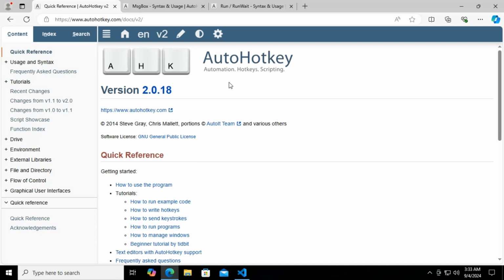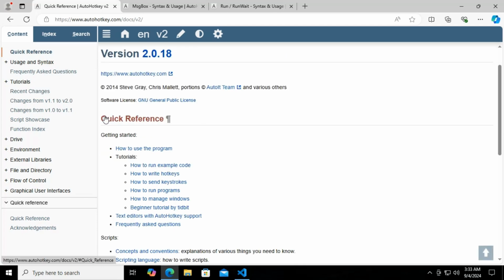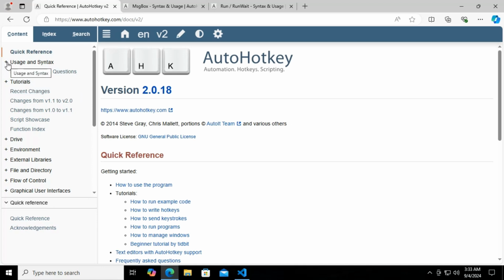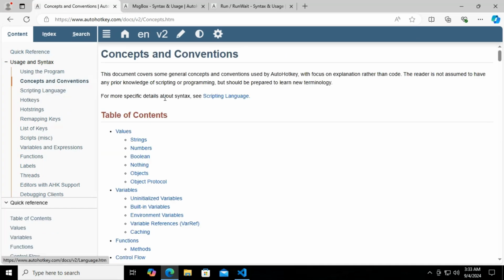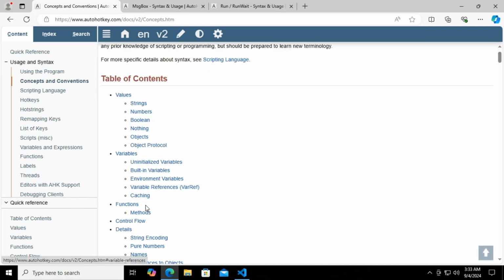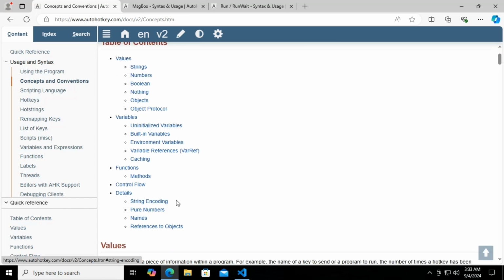My recommendation for you, once you get here to the documentation page, is to read through the quick reference, or even more specifically, to come into the usage and syntax section and to read over the concepts and conventions page. This is going to talk about what values are, what variables are, functions, and several other things that will